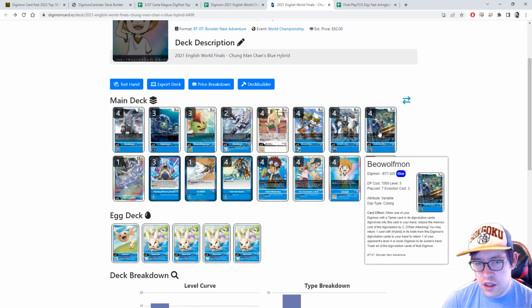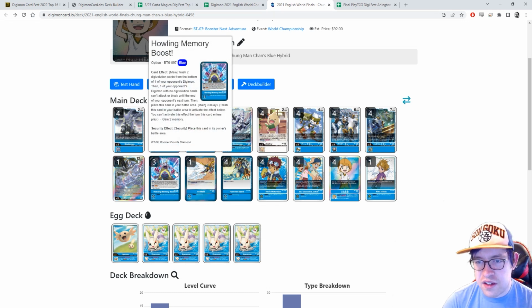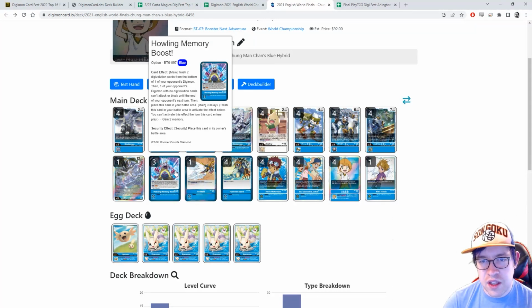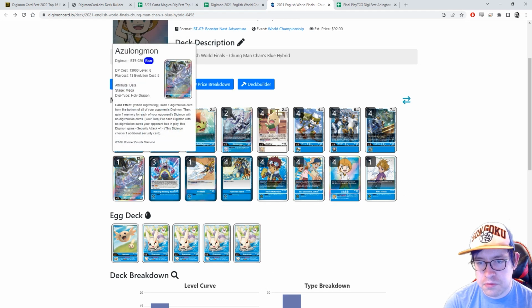Howling Memory Boost has also stood the test of time over the last couple months. This came out before we got the blue memory boost from the starter decks, and it's still doing good. I think this card's fine, but I don't know. I also wouldn't be crying if Ice Wall's banned. So